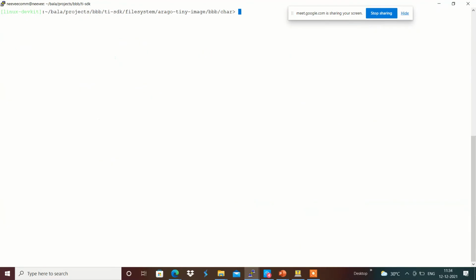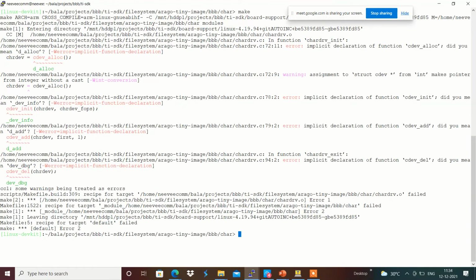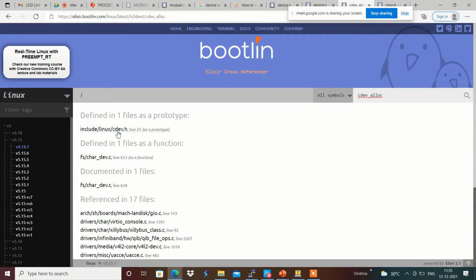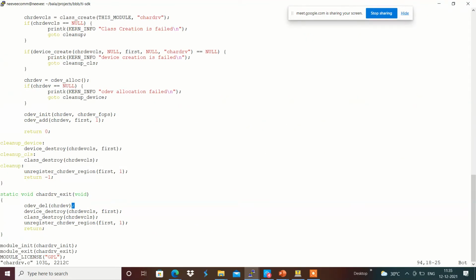Now it has an implicit declaration. For that, we need to add the header file. For cdev alloc, I am going to get the header file from LXR Linux, which is linux/cdev.h, which we will be adding into this.